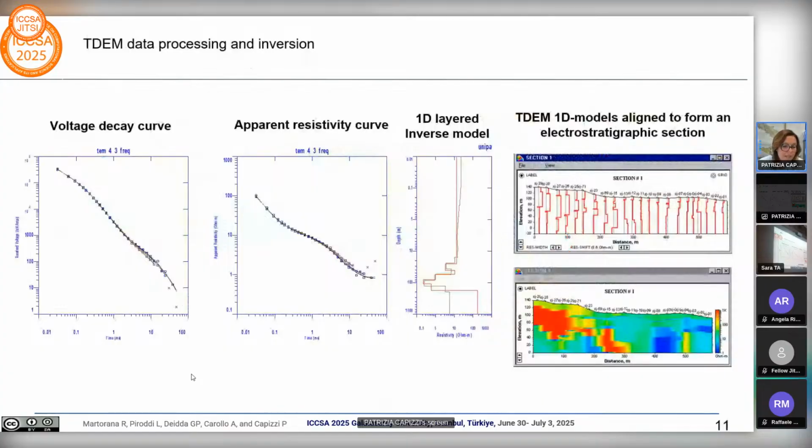In the TDEM sounding, the voltage decay curve represents the recorded transient response of the receiver after the transmitted electromagnetic field is abruptly turned off. It describes the time-dependent induced voltage caused by eddy currents diffusing into the subsurface, providing initial information on conductivity variation with depth. The apparent resistivity curve here is derived from this measured transient response and expresses the equivalent homogeneous resistivity of the subsurface as a function of the investigation time or depth. Obviously, it serves only as a first-order interpretation before applying more advanced inversion techniques that allow us to obtain the 1D layered